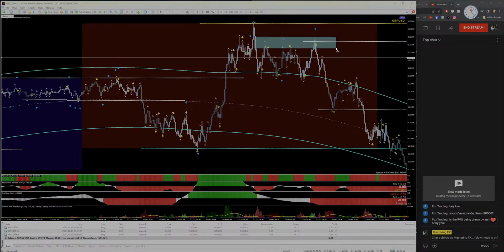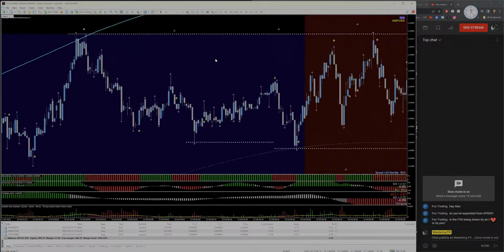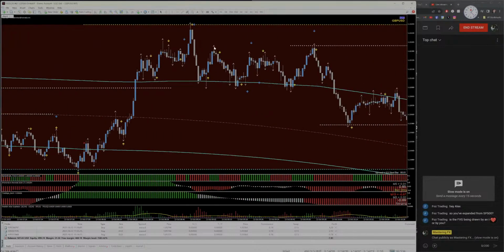That FVG is drawn by me. I don't use the indicator anymore because it's not very accurate. Sometimes it misses FVGs. For me, it's easier to just manually draw them. But again, if you need help with FVGs, or if you need help with the ICT entry models, the Judas swing, liquidity sweeps and entry, there's dozens, hundreds of videos out there. But to make it real quick, an FVG is always